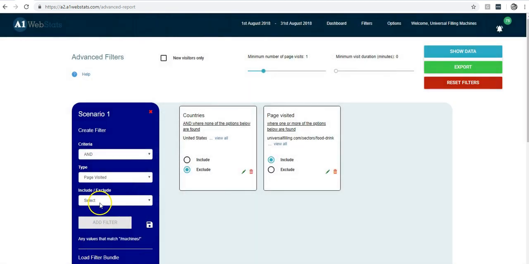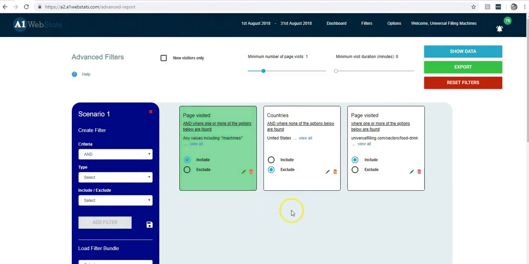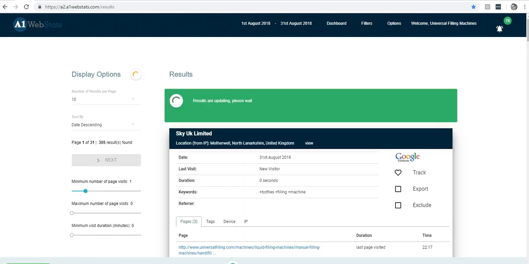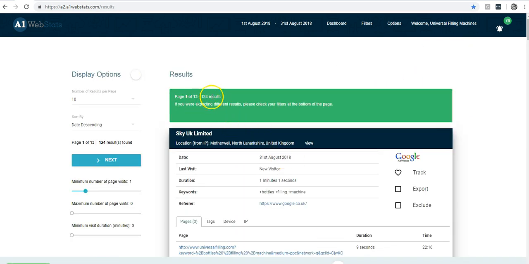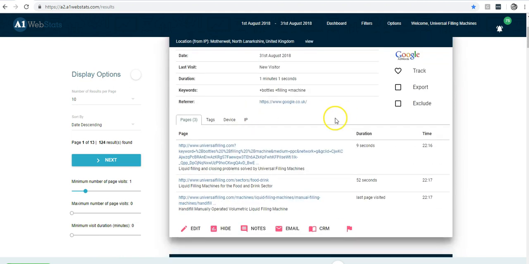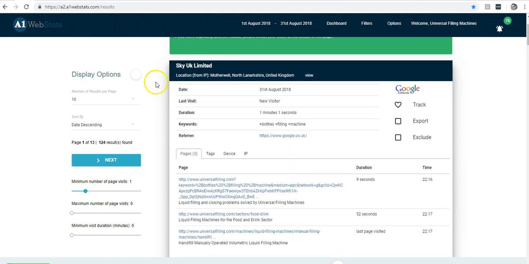And we set that and we include it. So we started with 305, and we're now going to end up with a different number. That number is 124. So taking this as an example, whoever this was that came into the website, having typed